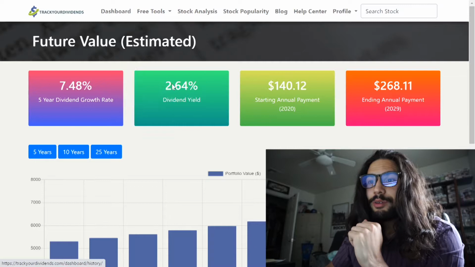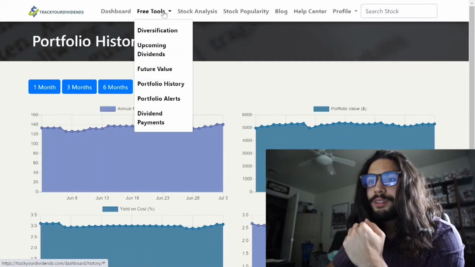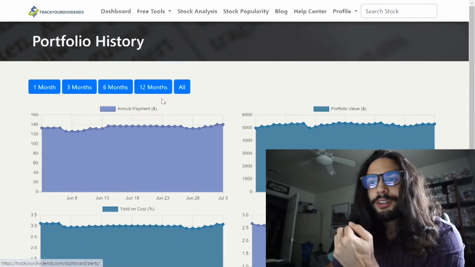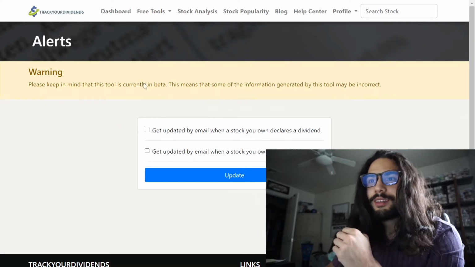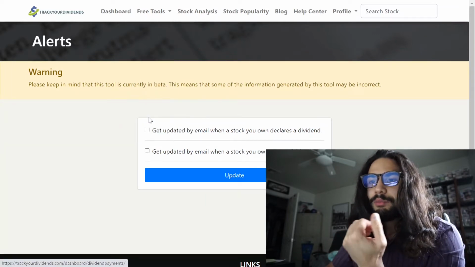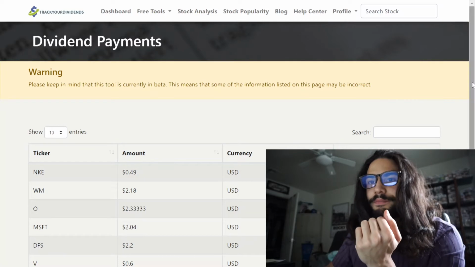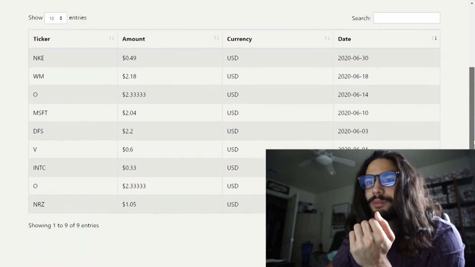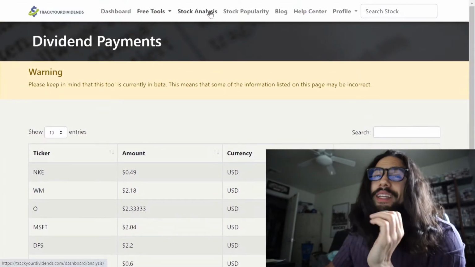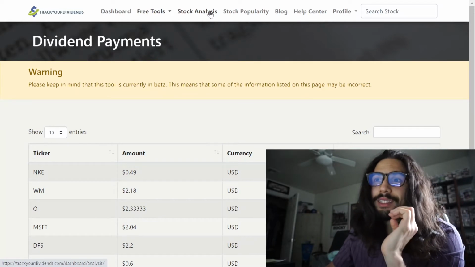You get portfolio history, portfolio alerts if you want to be alerted, and then dividend payments, so it's showing you all your previous payments here. Bam. So let's go ahead and go into what is not free, and that's going to be the stock